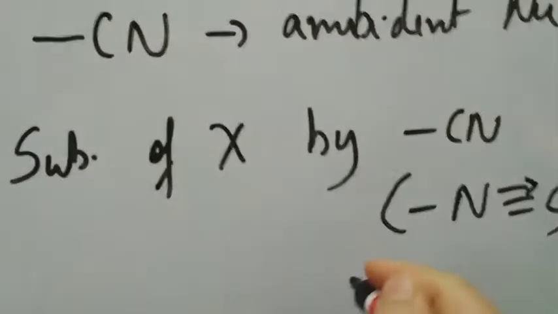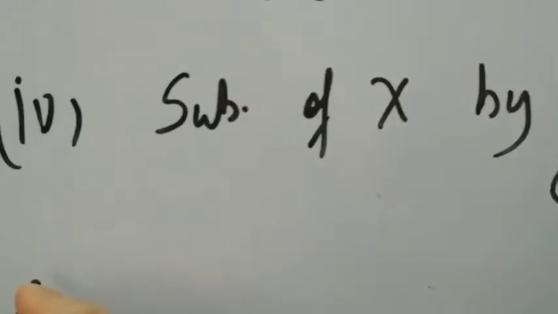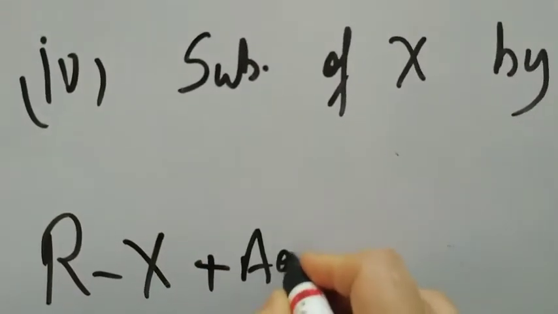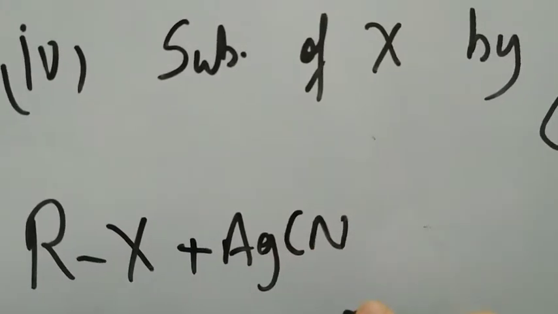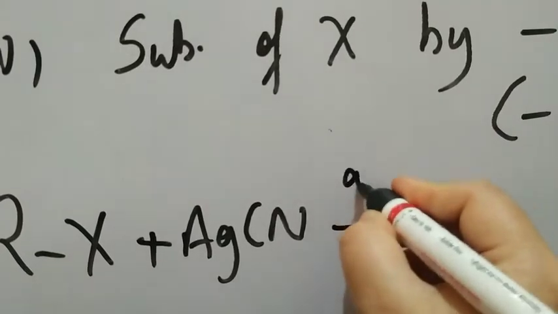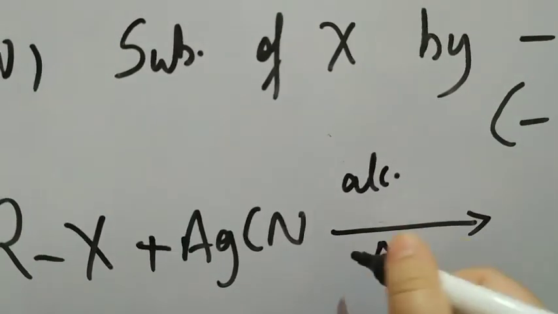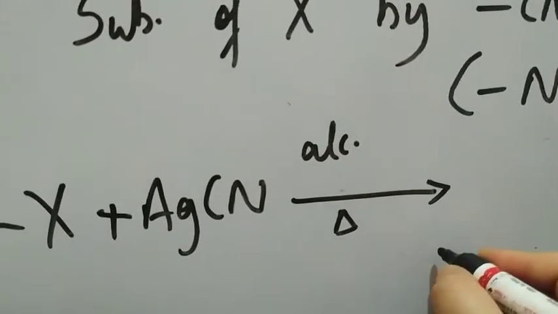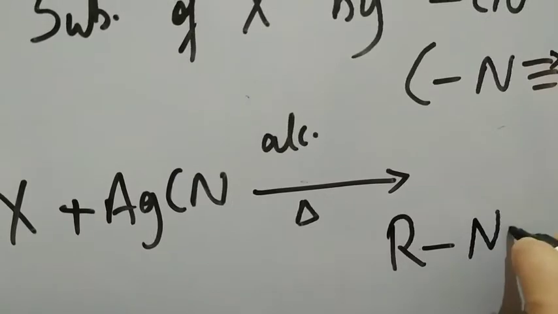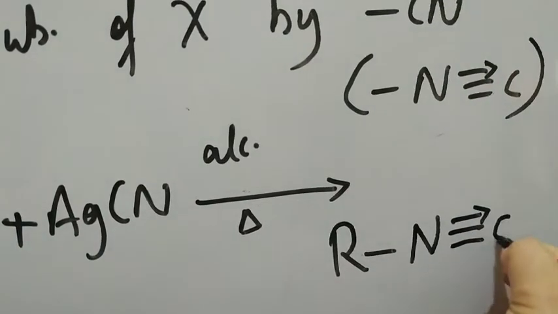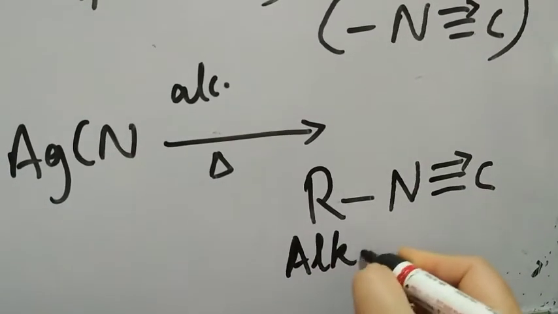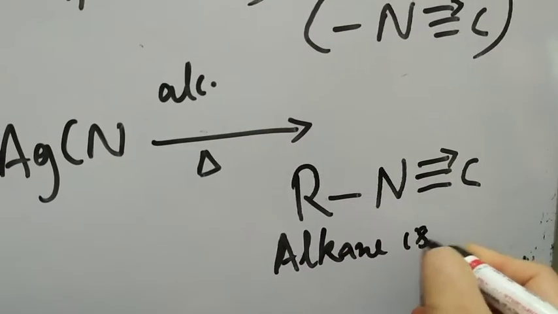If it makes a bond through nitrogen, then what happens? We have RX. We take any such reagent, for example AgCN, silver cyanide, and creating the conditions, the reaction is carried out in the alcoholic medium. Ethanol is used and it is heated. If this is how the bond is formed, or it bonds through nitrogen and then we have carbon here. The class of compounds that we get is alkyl